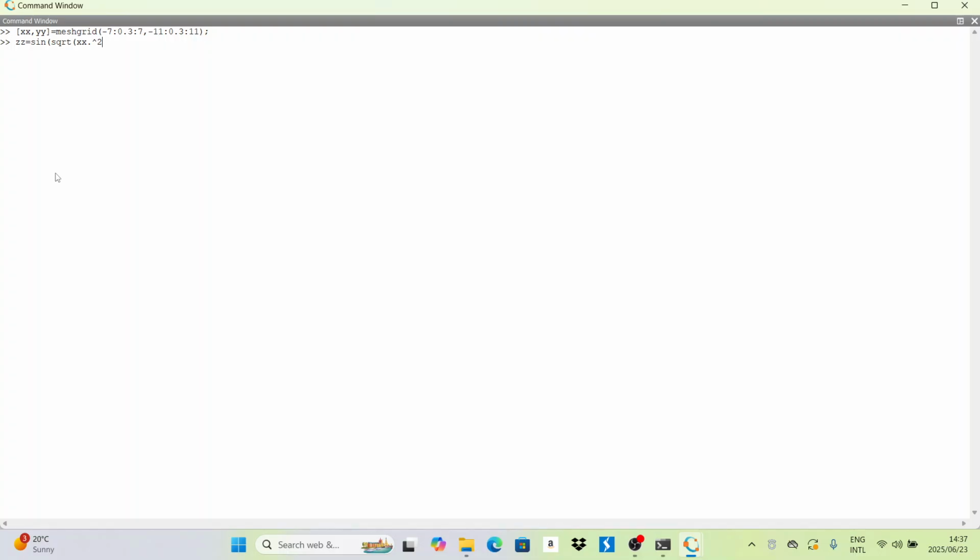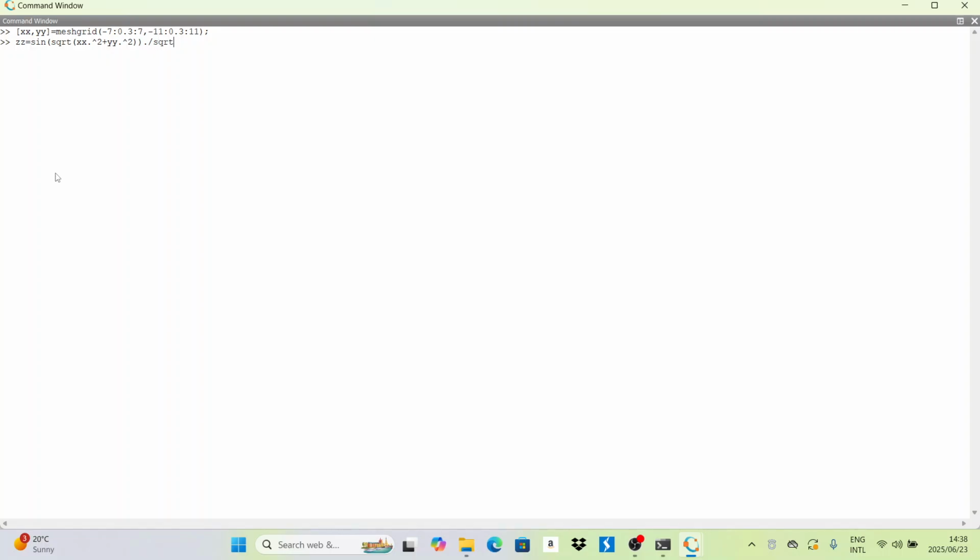plus yy. Then we're going to say still the dot to the power 2. Then we close our brackets. We close the bracket for the square root function and for the inside parts, the x squared and y squared. Okay, and then dot, then we're going to divide, and it's divided by the square root, sqrt,